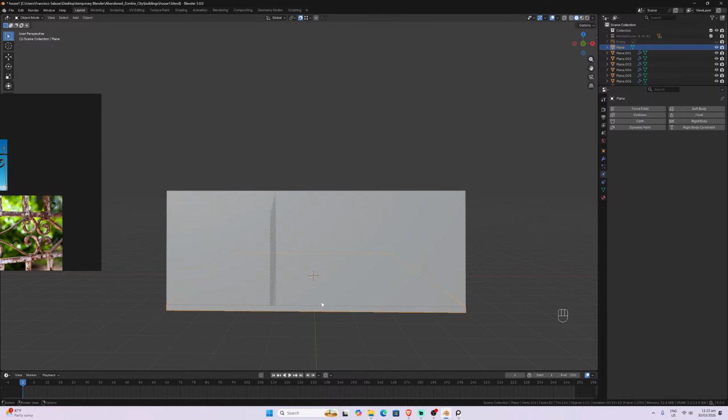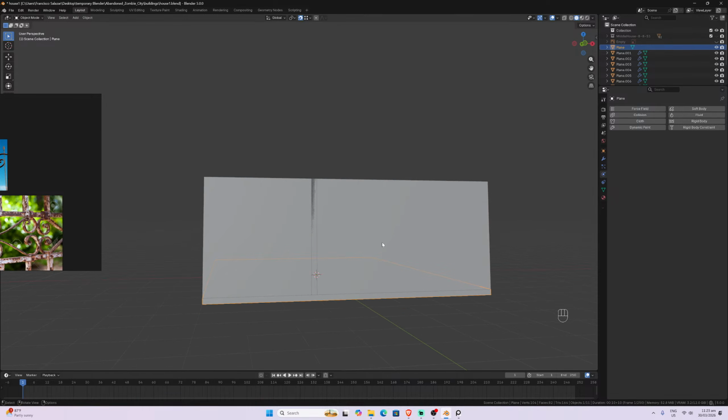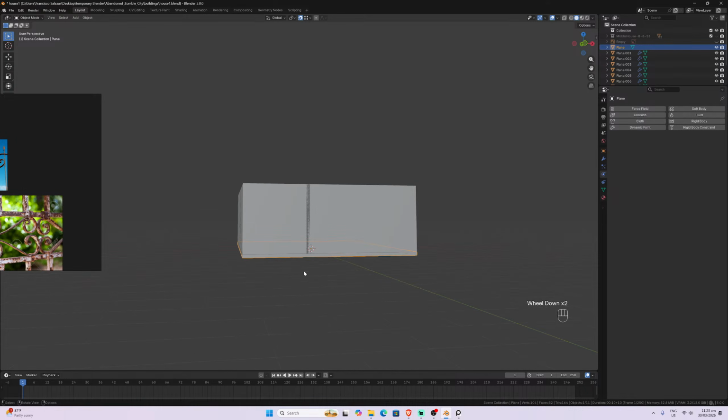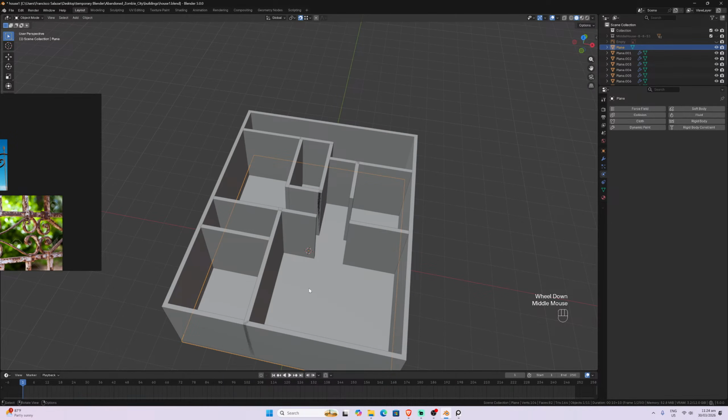Let me think, because here, if I mix the floor with the walls, I can keep it separated. Yes, because this needs to be the same color. Okay, I know what to do. I'm going to mix this with this and keep this separated, okay?